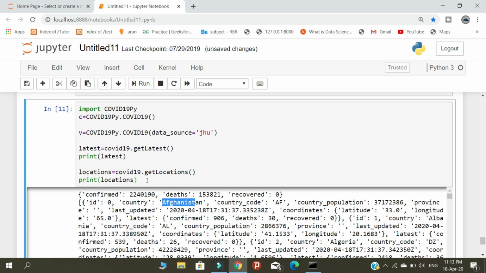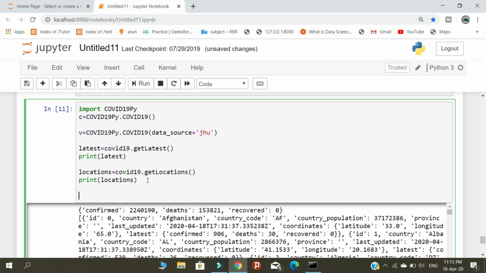Next we are going to print the countries by ranking: which country is most affected by the coronavirus, which country has the most recovered cases and which country has the most deaths. So let's create a variable called rank. In total there are 3 cases: confirmed cases, deaths and recovered.